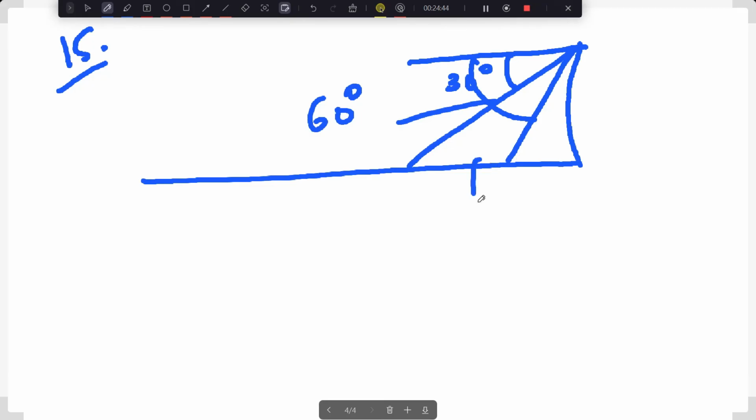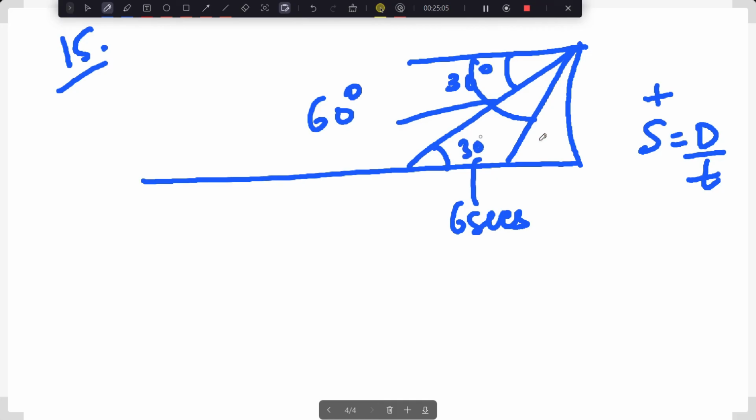इसमें उन्होंने बस ये बोला है कि ये 6 seconds का डिफरेंस है, ना ही उन्होंने टाइम बताया है. स्पीड क्या होता है? डिस्टेंस बाय टाइम. टाइम बताया, स्पीड भी नहीं बताया, कुछ नहीं बताया. तो वेरिएबल आपका स्पीड भी हो गया, डिस्टेंस भी हो गया, एंगल से आपको सब पता करना है. Now this line is obviously parallel to this, so this is equal to 30 and this is equal to 60. ठीक है, A B C D.